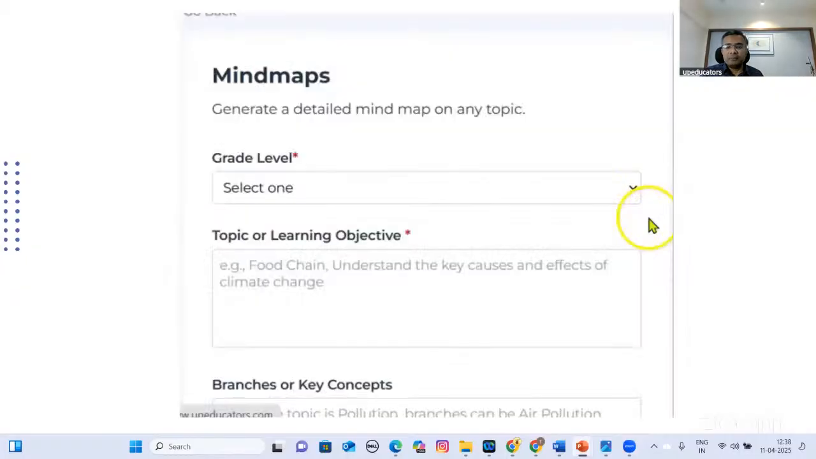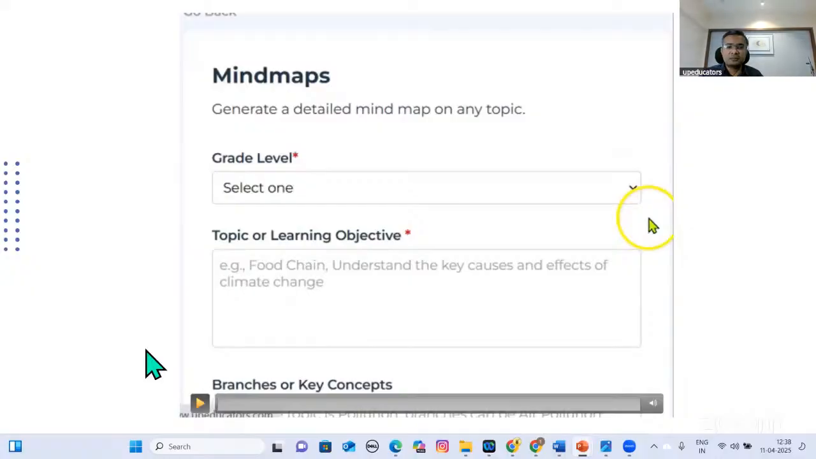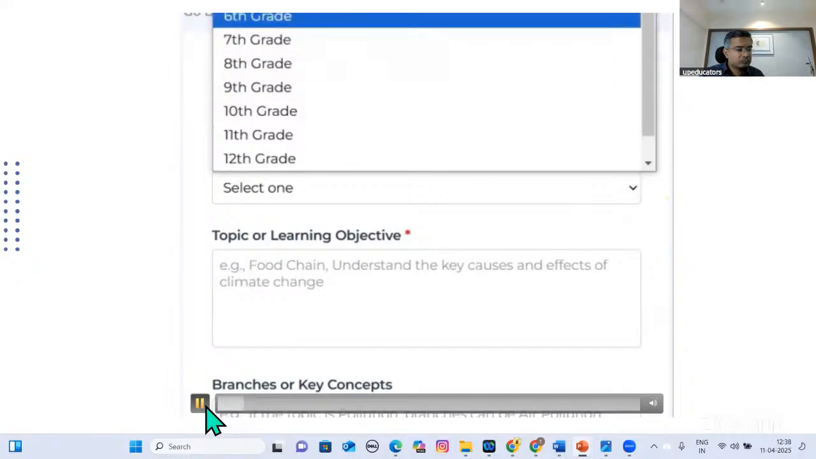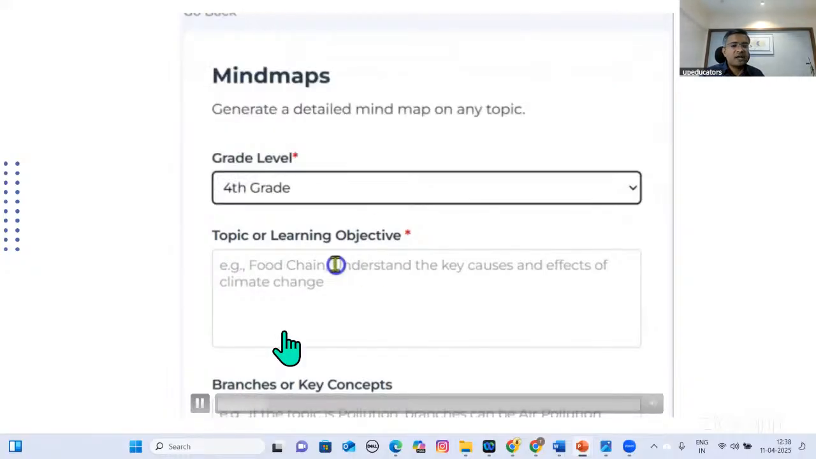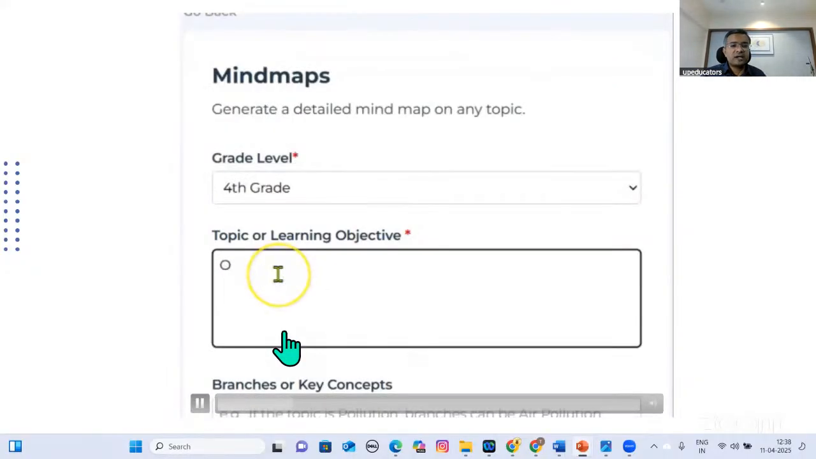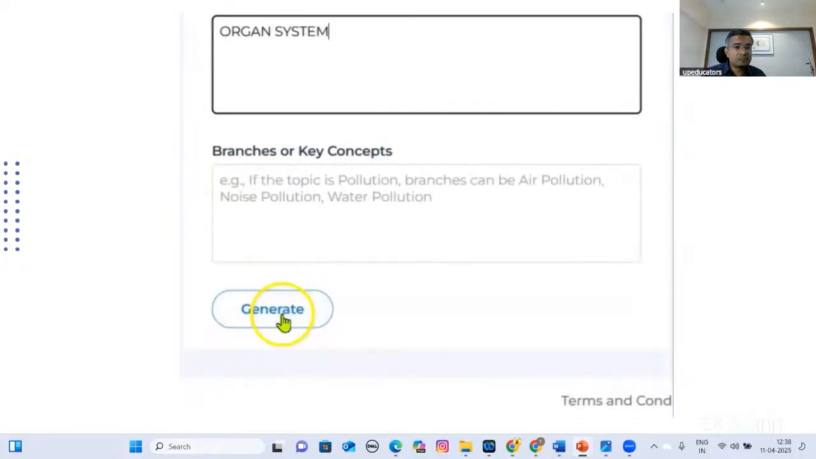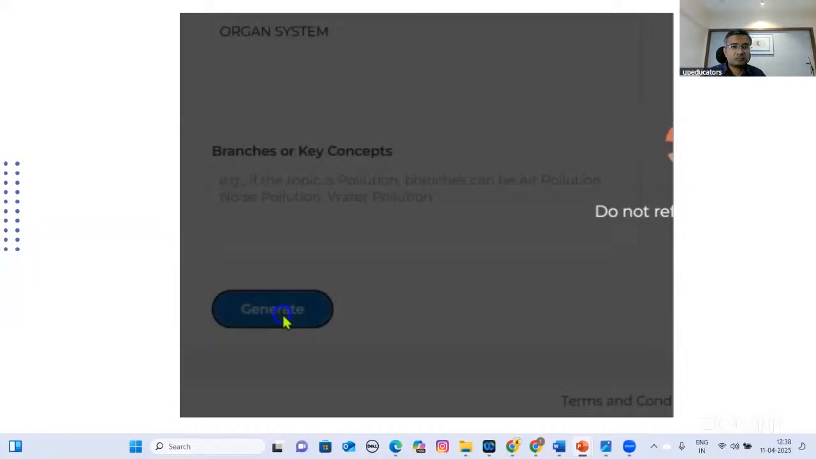This is mind maps, all right? So what is a mind map? Let me cover this mind map example over here. Here I'm creating a mind map for fourth grade, and the topic I'm covering over here is organ system. And when I type the organ system, I'll be getting